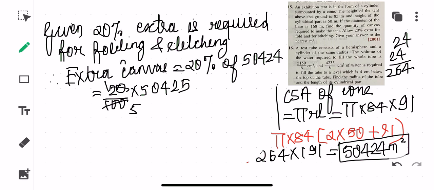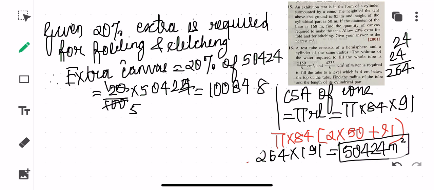So divided by 5, this should be equal to how much, children? This is 4, not 5. This is 10, and then we'll have 0 again, 8, and then 24 means it goes 4 times, children. And then 0.40 means 8. So this is what we are getting. So this much extra you require, children.